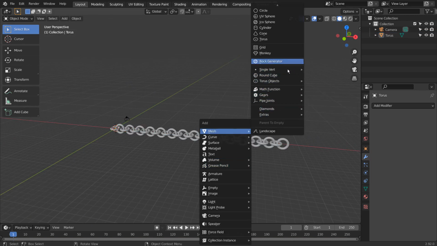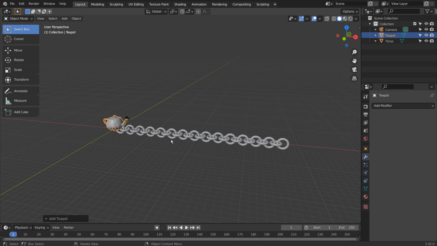Let's add a teapot. If you don't see that, please activate an add-on called Extra Objects.